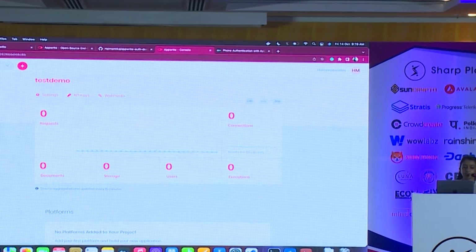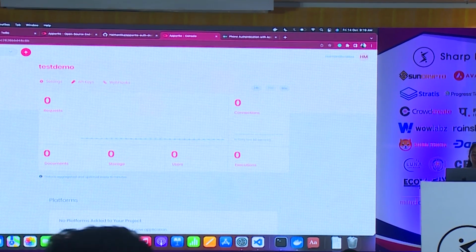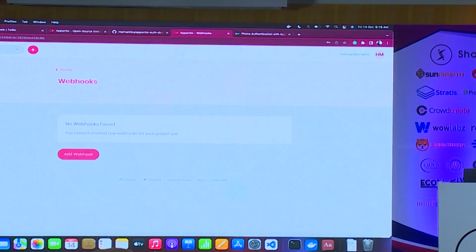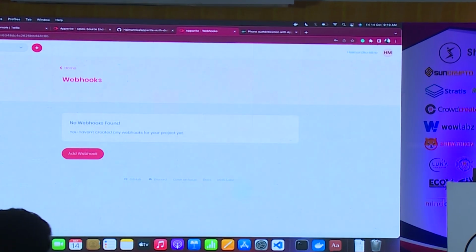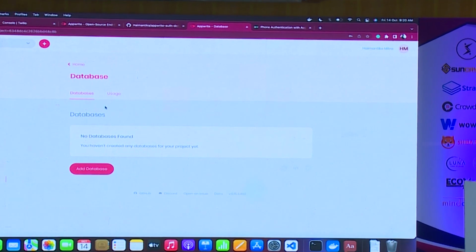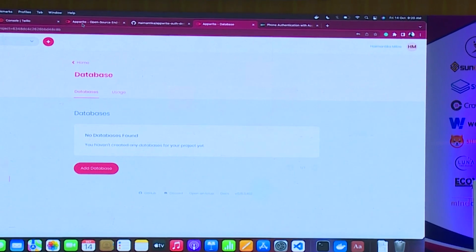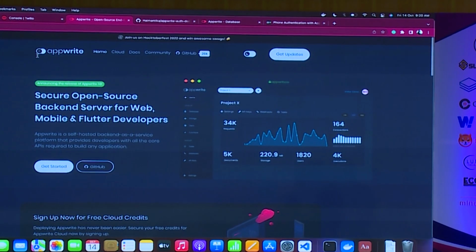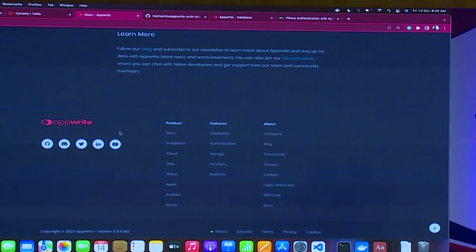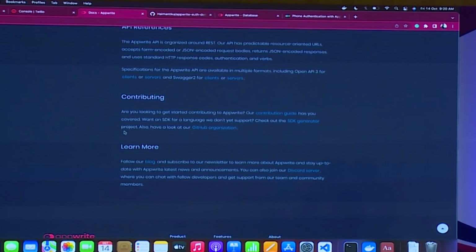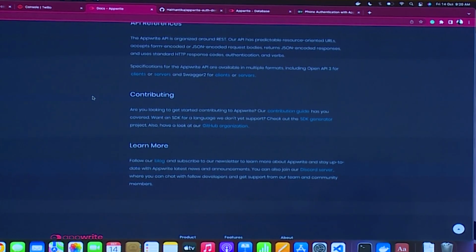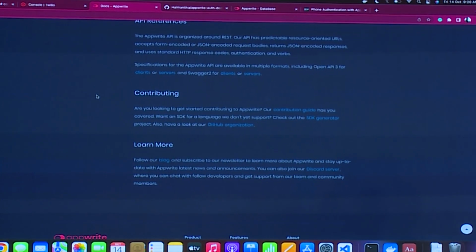And here on the left hand side, you see all the services that we provide. So there is database, there is storage, users, functions, webhooks, and some API keys that you can connect your application to. So all of these are very easy to follow because they're mostly click-clack. But if you still are stuck, you can go to AppWrite docs. So it's here. It's appwrite.io/docs, and everything is there for you. So if you're a beginner, don't get confused, because if you follow the documentation, and as developers, I think it's a good practice to read documentation first and then get your hands dirty with any technology.